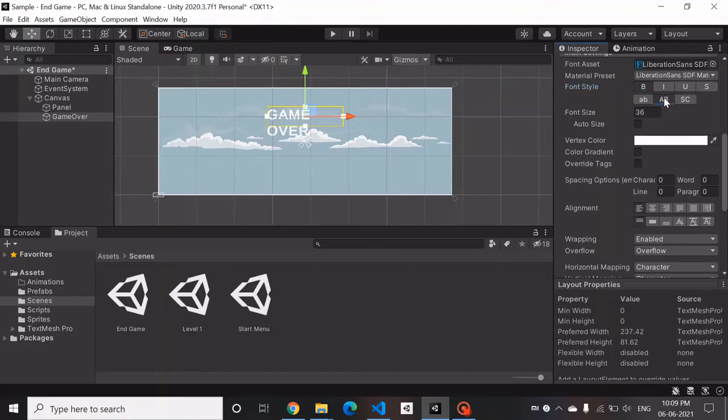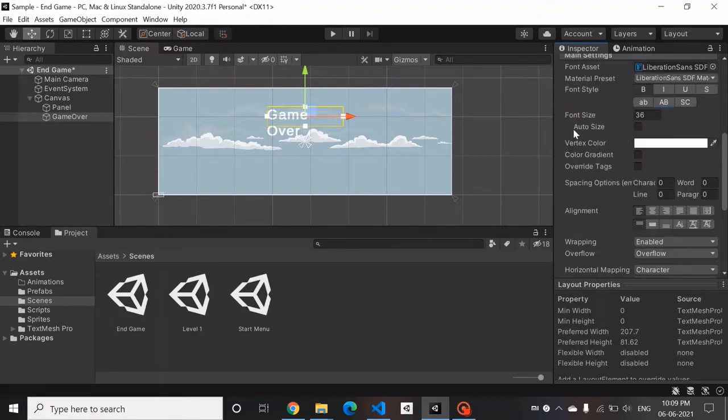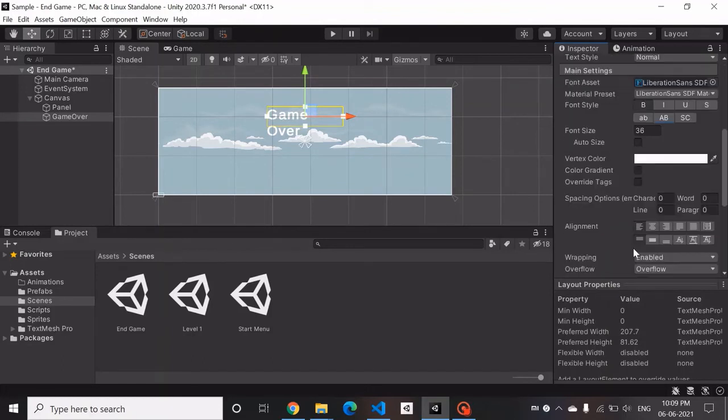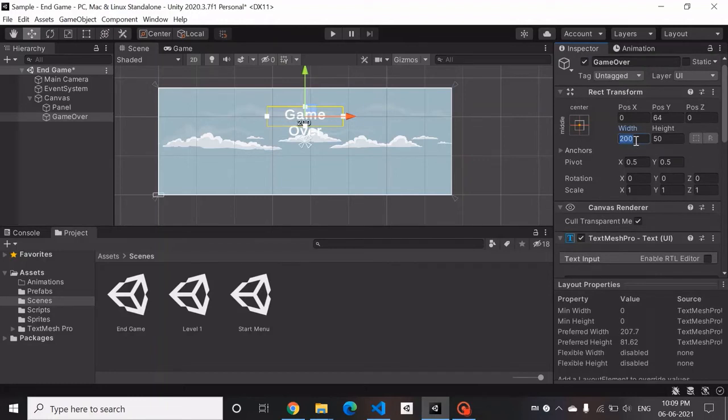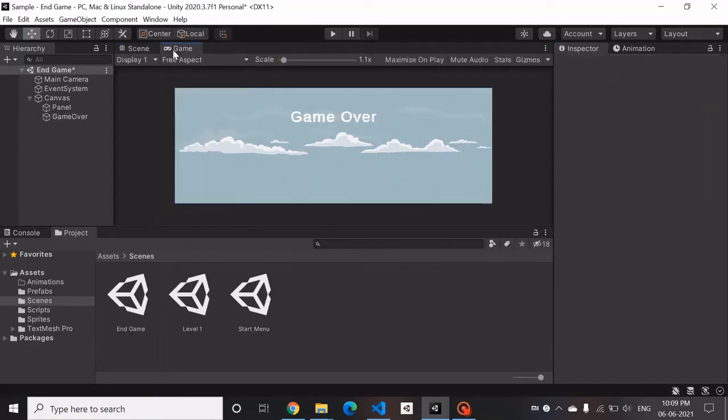Bold. Make it center aligned. And finally, we'll increase the width. Looks perfect.